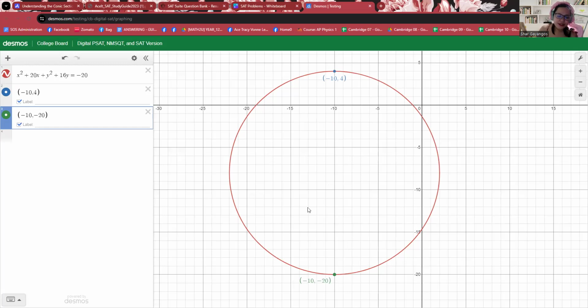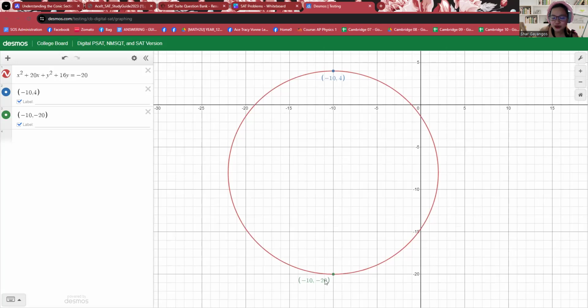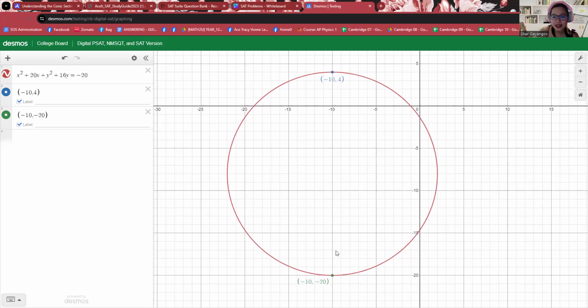Okay, so if you have a circle, if you connect these two points here, that is actually the diameter of the circle, right? So meaning whatever the midpoint of these two, that's the center. So we're sure it's somewhere here at x equals negative 10. So all you have to do is to get the average of the 2 points. And you have negative 20 plus 4, that's negative 16. Divided by 2, that is negative 8. So that's negative 10, negative 8, right? So let me just copy this